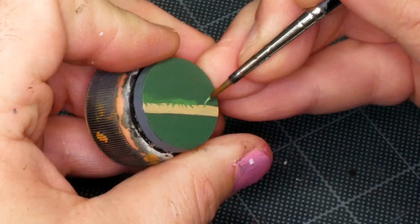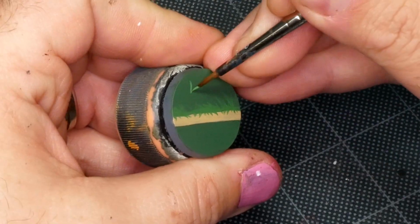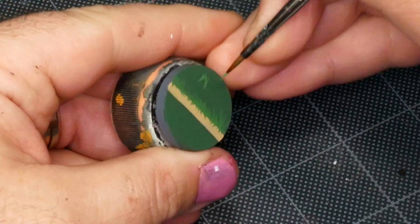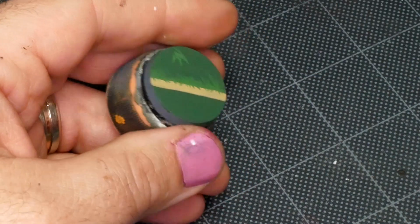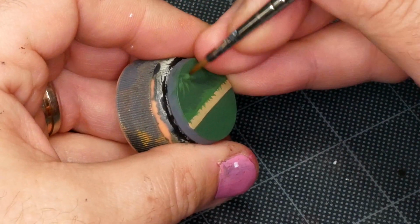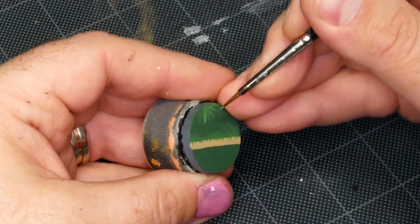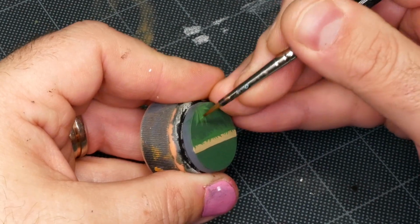And I'm also going to add some free-floating grass details to the big, more open parts of the base, away from the line we're painting. And that just gives the idea that the vegetation's a little bit unkempt, because I really feel like there's probably not a lot of groundskeeping going on in the Blood Bowl leagues. I'm pretty sure the pitch is going to be a little rough and a little haphazard. And so having some longer grass over here really helps to add some texture to the base and just some